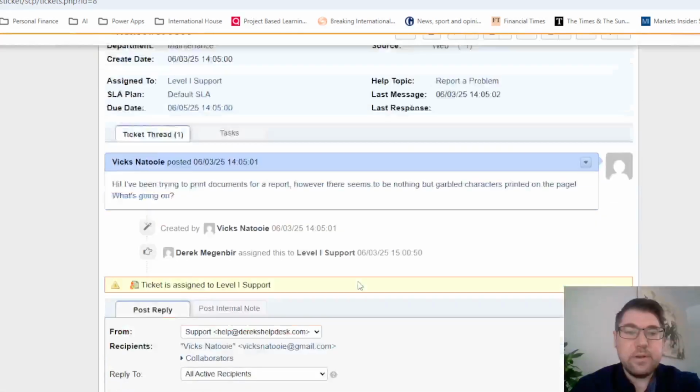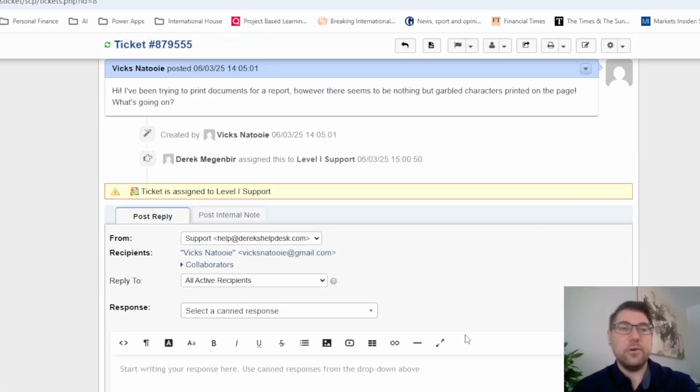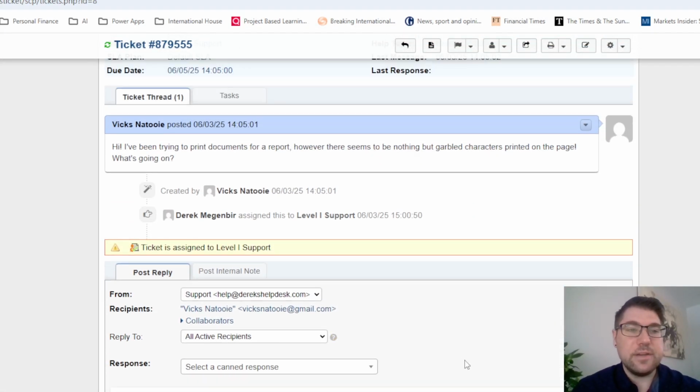So we have another issue with printers. So Fix Natui says, hi, I've been trying to print documents for a report. However, there seems to be nothing but garbled characters printed on the page. What's going on? So if you know anything about printers, there's two of the most commonly used printer driver languages